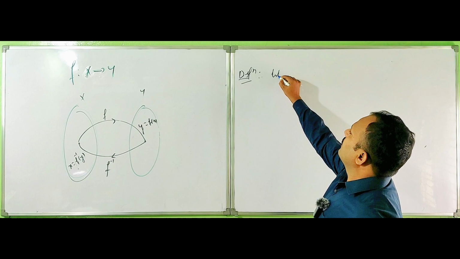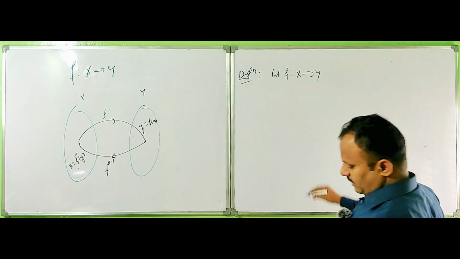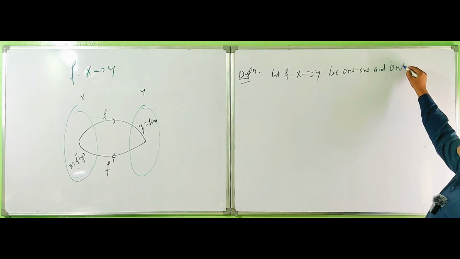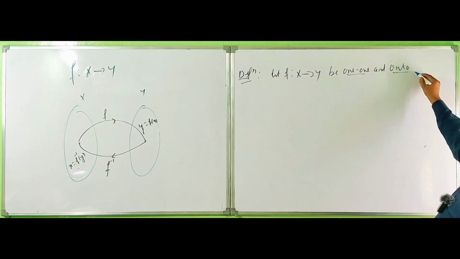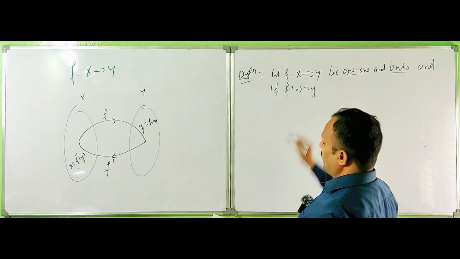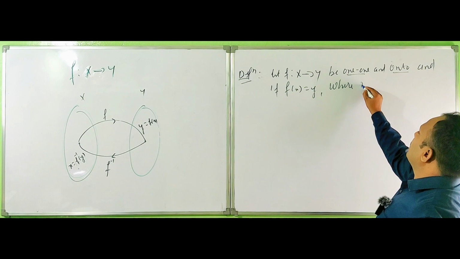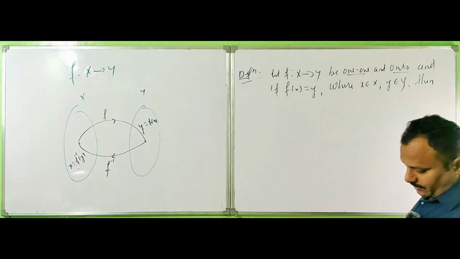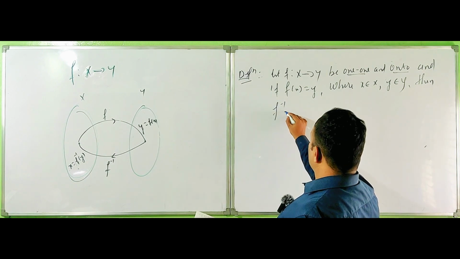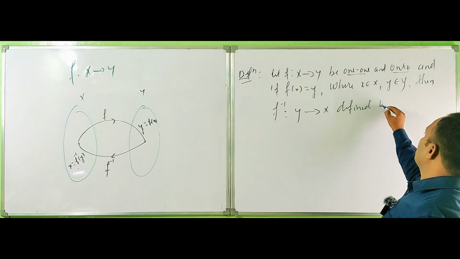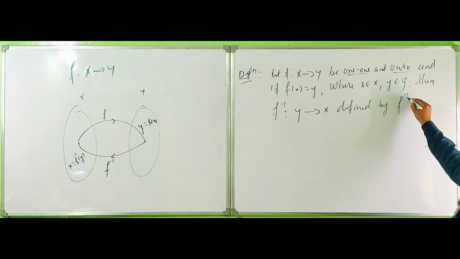Let f be a function from X to Y, a one-one and onto function, and if f of x is equal to y, where x belongs to capital X and y belongs to capital Y, then f inverse is defined as a function from Y to X defined by f inverse of y is equal to x. Okay, I told you,